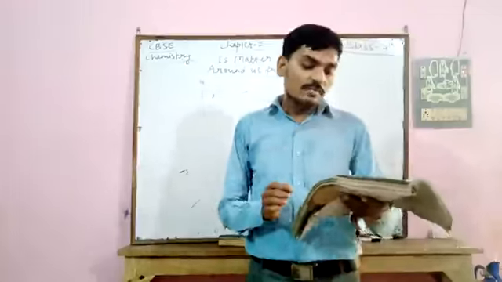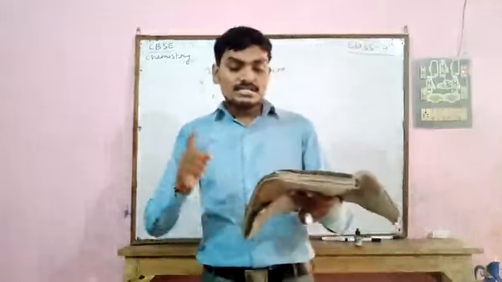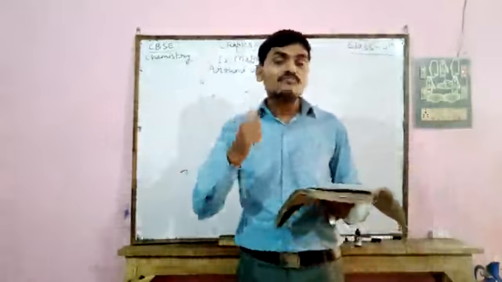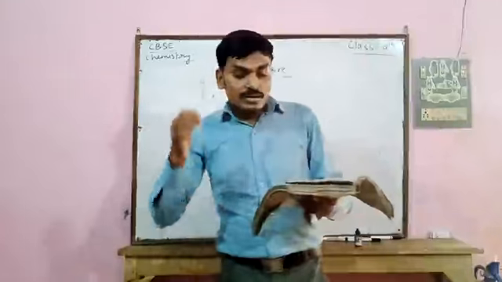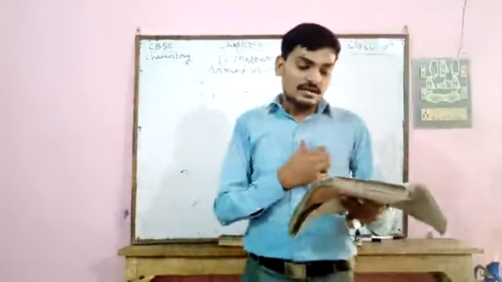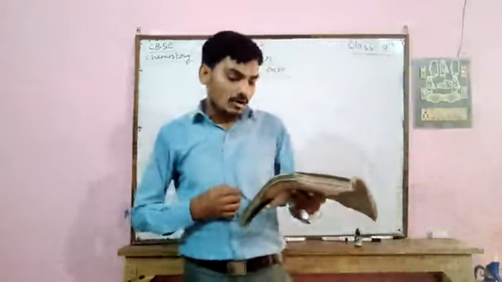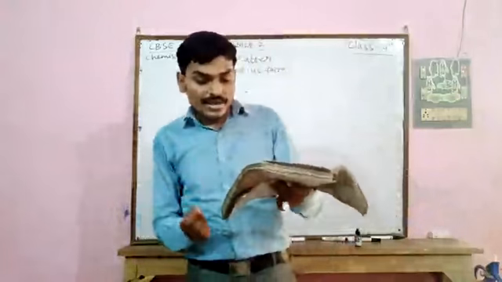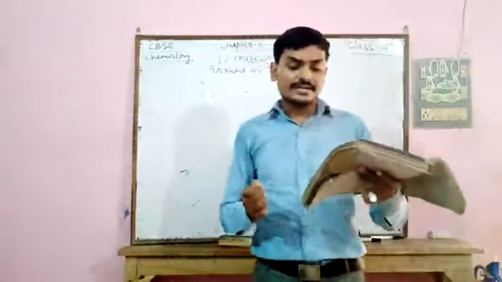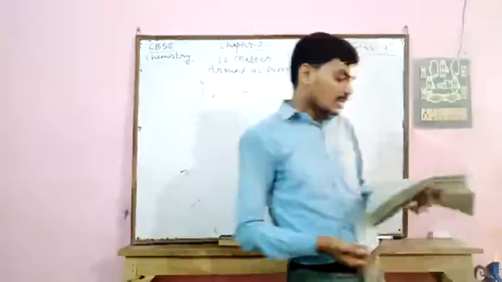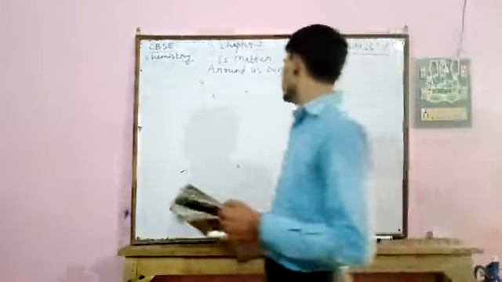Now, the solubility of gases in liquid is directly proportional to the pressure. That is, if we increase the pressure of a solution of gas in liquid, then its solubility gets increased. The solubility of copper sulfate at 0 degree centigrade is 14 gram, whereas at 10 degree centigrade it becomes 17 gram. Now, what are physical and chemical changes?